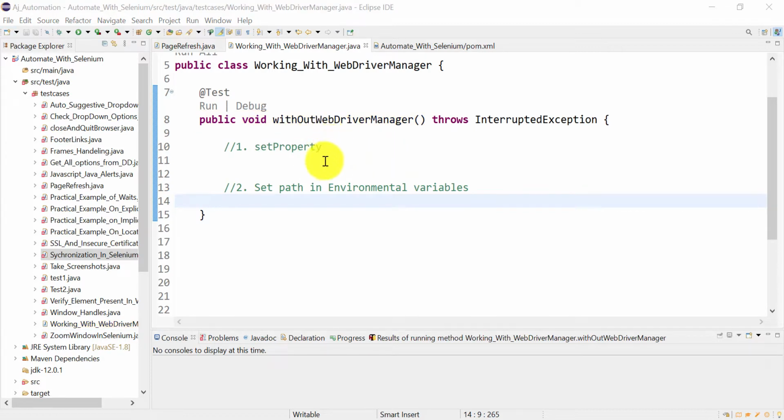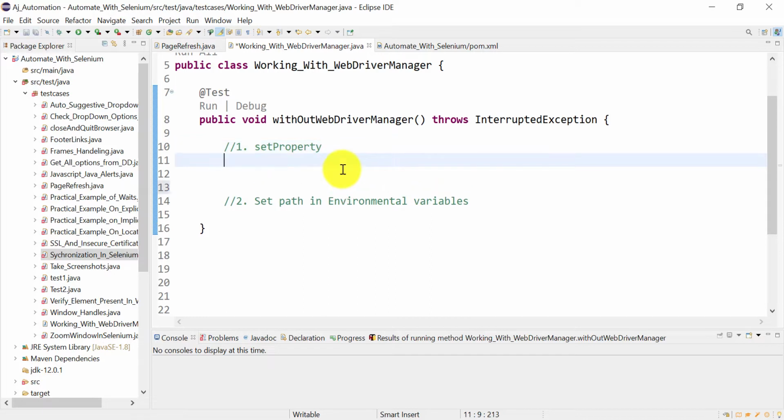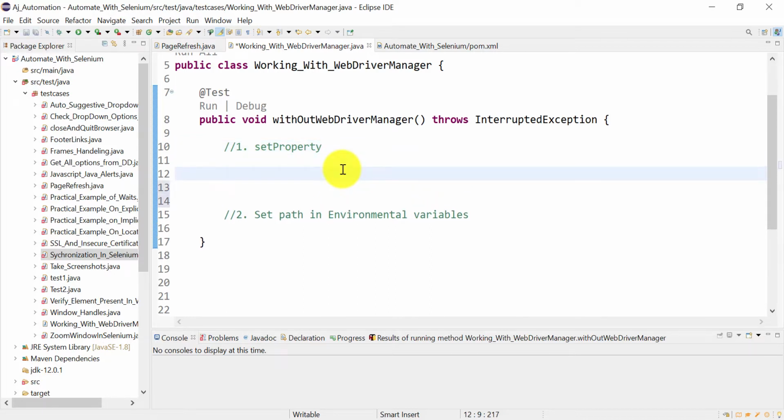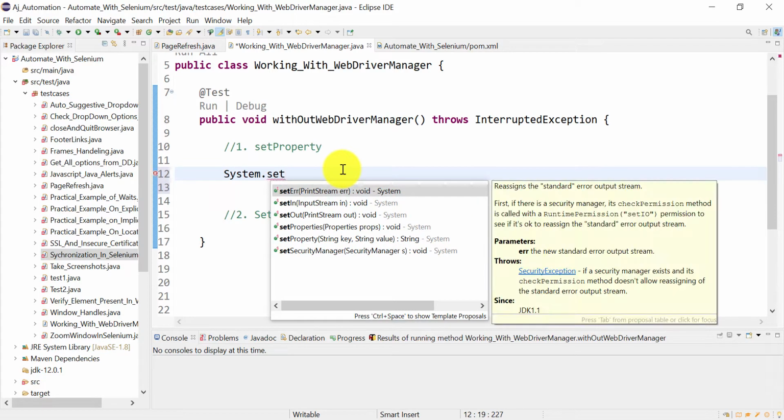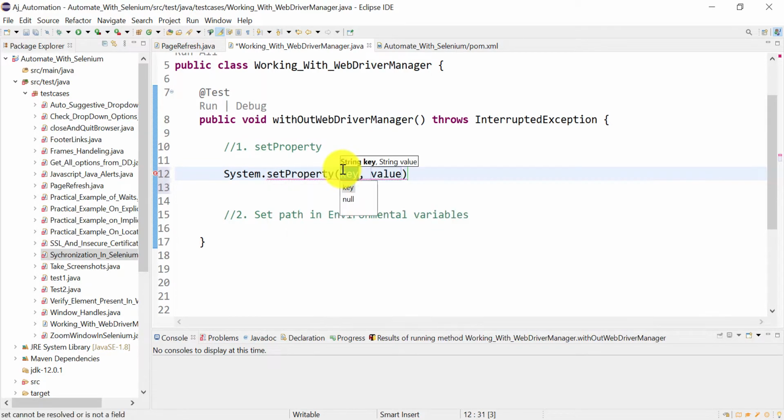We need to set the property first, or you can set the path in environment variables. You can do it both ways. Let's see how you can set the property. For that you just have to write System.setProperty, and here mention webdriver.chrome.driver. For the value, you need to give the path where your driver executable is available.